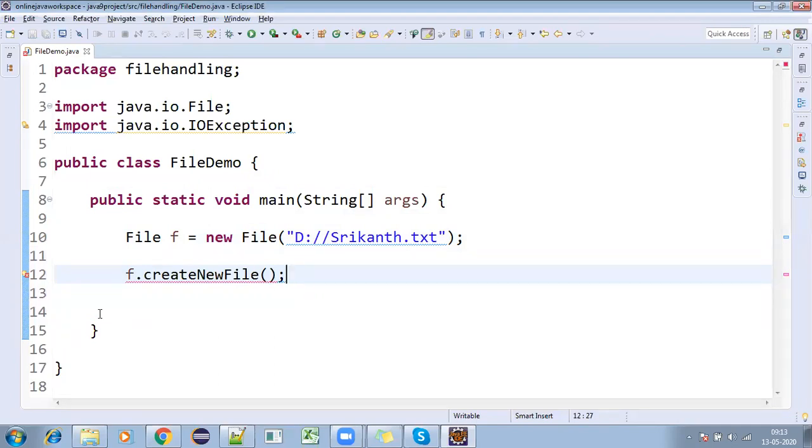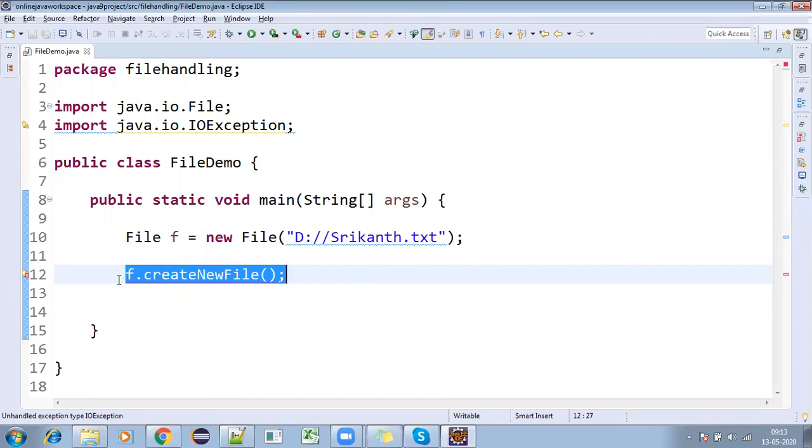But when I'm giving F.create new file, it is a checked exception. So the compiler is stopping and checking, because there may be a chance of an exception. So here you need to use try catch blocks. We haven't discussed try catch blocks yet, Gautami, so I'll tell you later, but try to understand this line only.